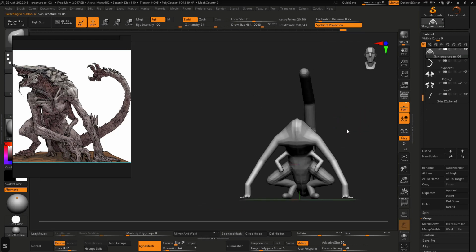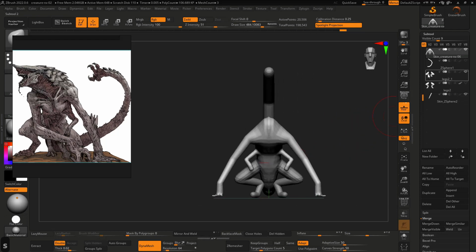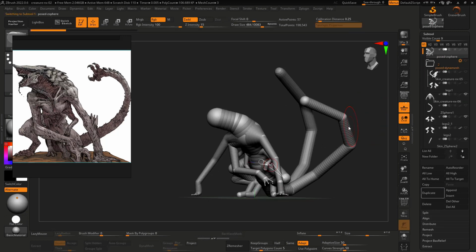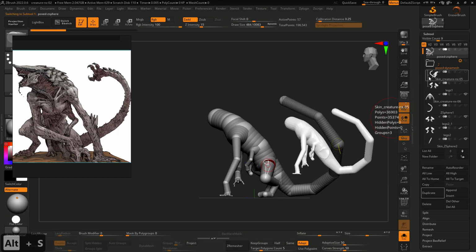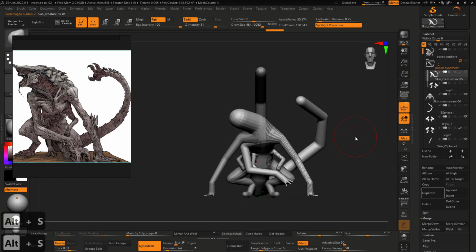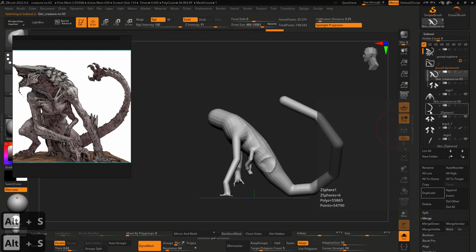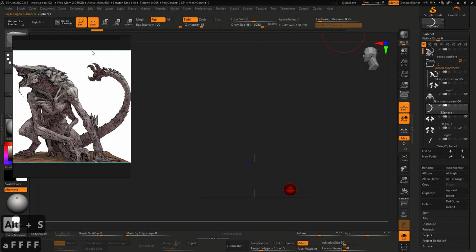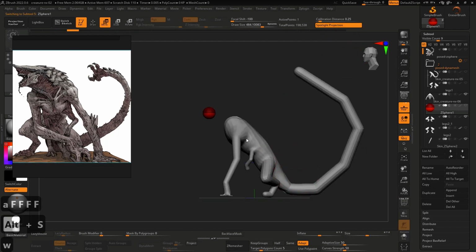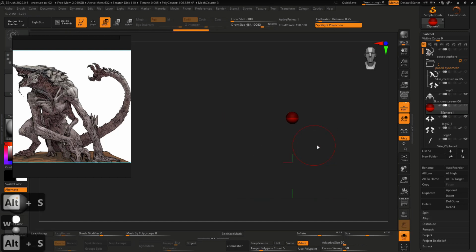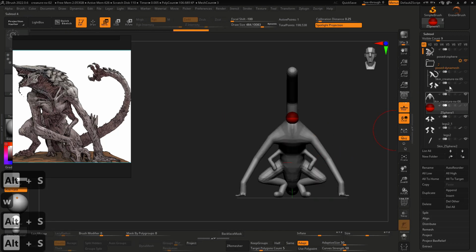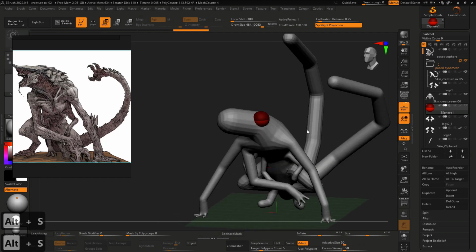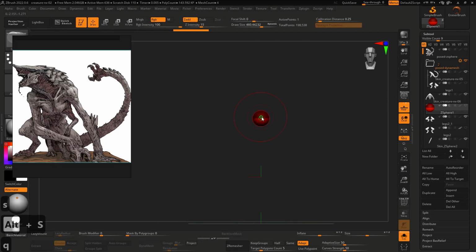So now I'm gonna make the same thing with the head. So for example here, let me check this guy. Well, I think I can duplicate it or just press Ctrl Z. And here, more or less, to have an overall idea about the head size, create